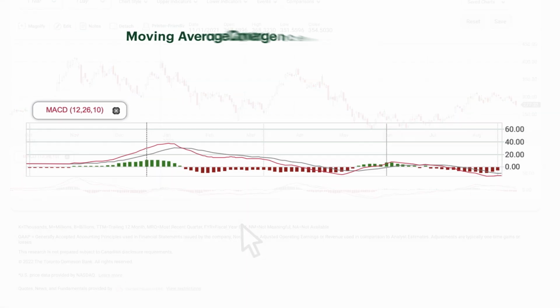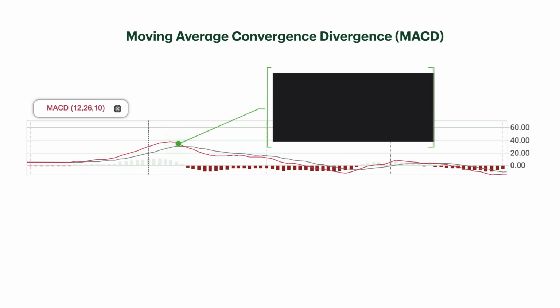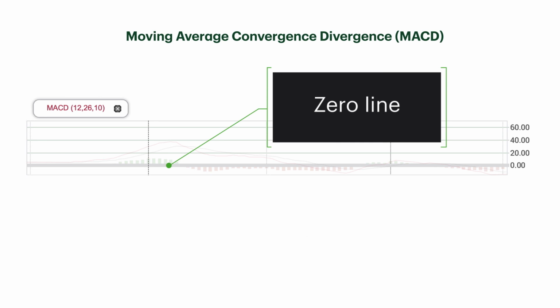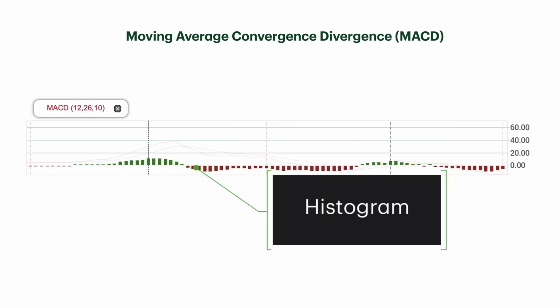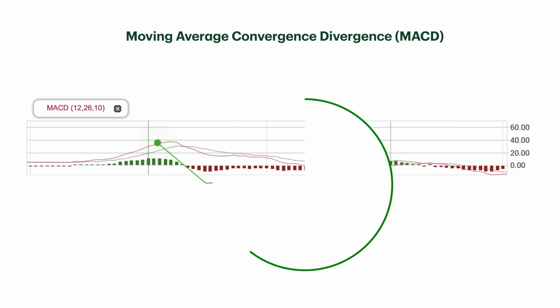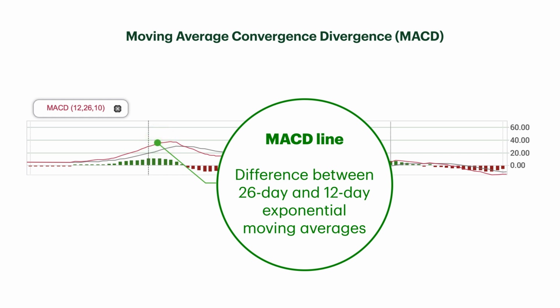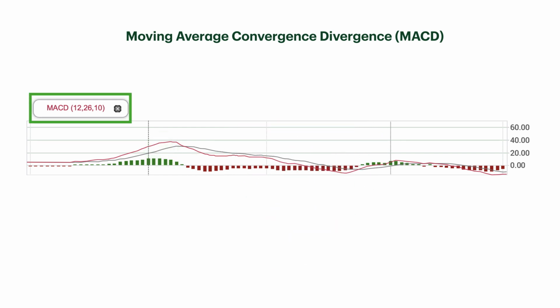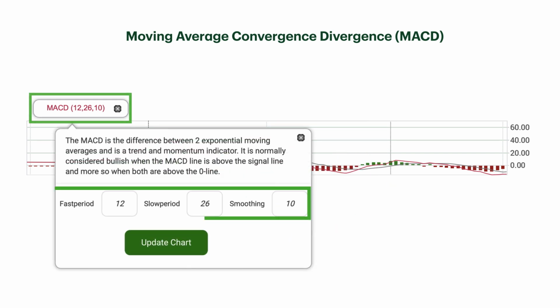The MACD consists of four main elements: the MACD line, the signal line, the zero line, and the histogram. The MACD line is calculated using the difference between the stock's 26-day and 12-day exponential moving averages. The signal line is a 9-day exponential moving average of the MACD line. These are the standard settings, but you may also adjust these as you like in the top left-hand corner of